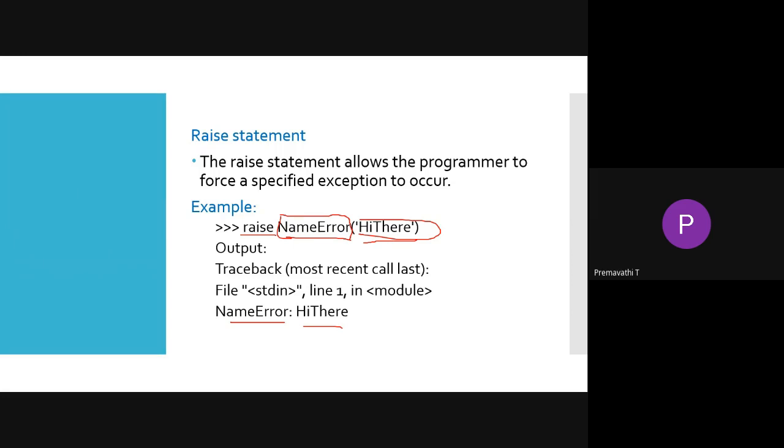That is the most common use of a raise construct. There is no further statement in the current block of code executed, then we have to use the raise exception. So the next one is